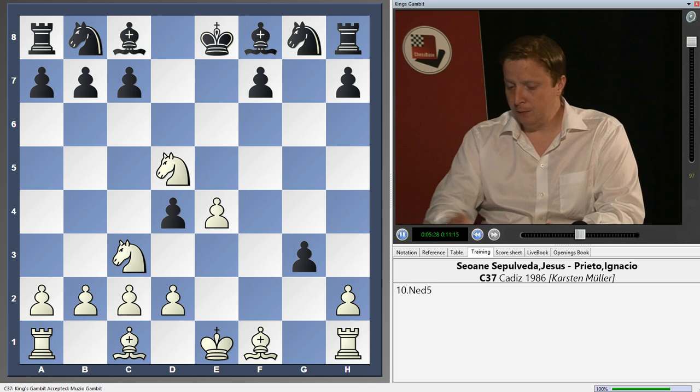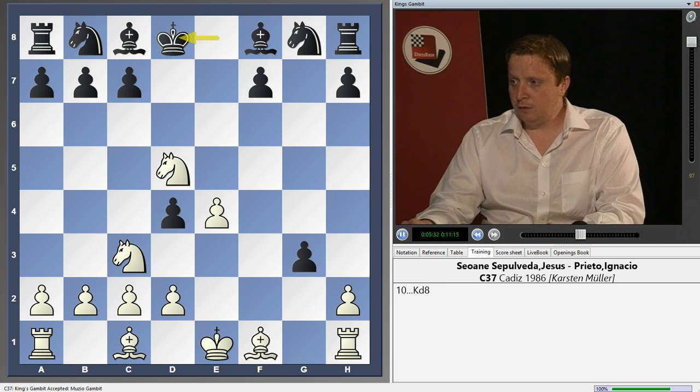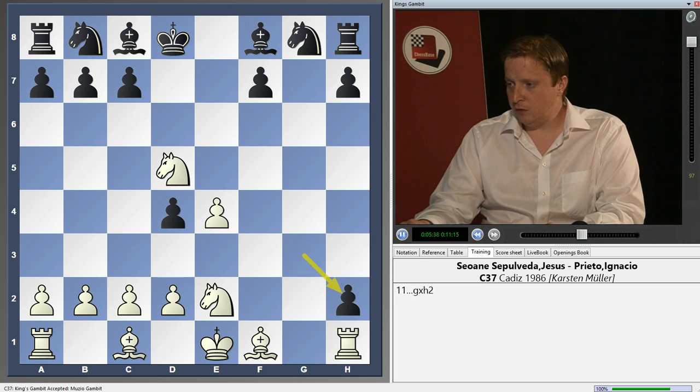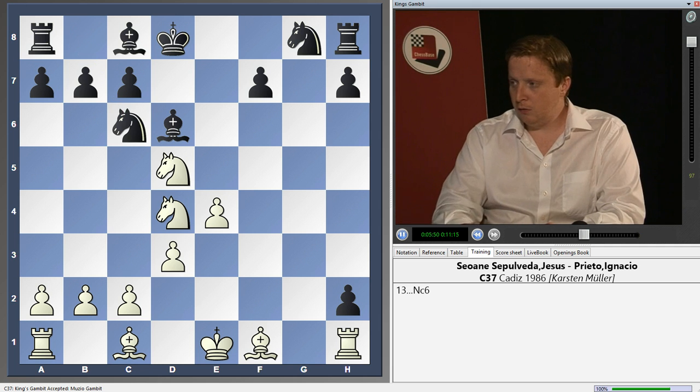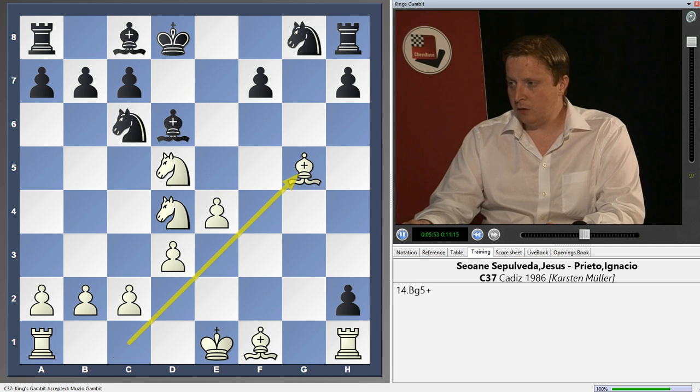For example, let's just go through a couple more moves. King to d8, defending c7. Knight now comes back to e2, and after g takes h2, we win this important pawn on d4. Bishop to d6, pawn comes to d3, knight to c6, developing naturally,